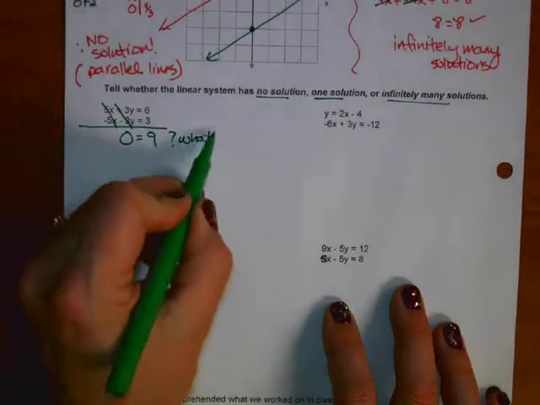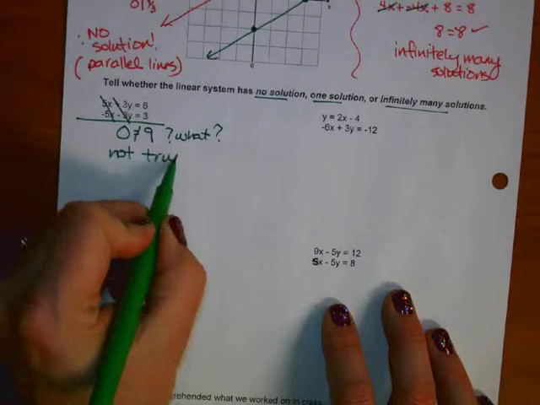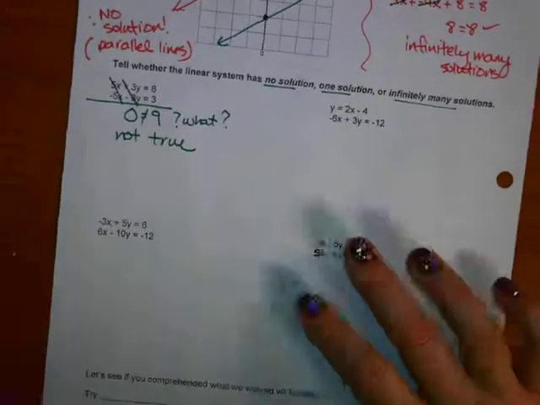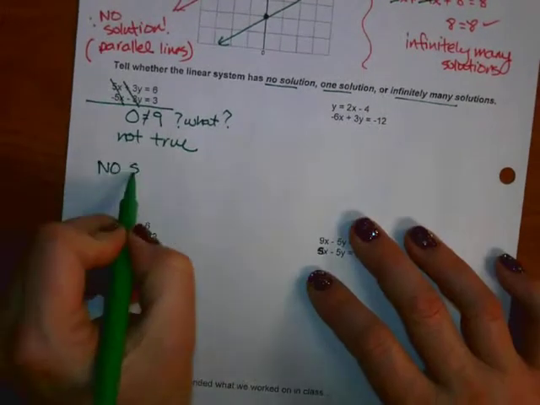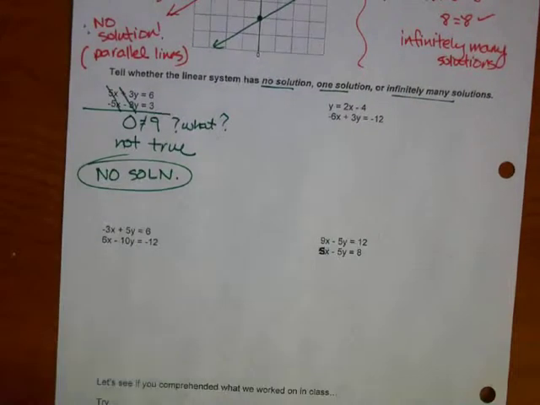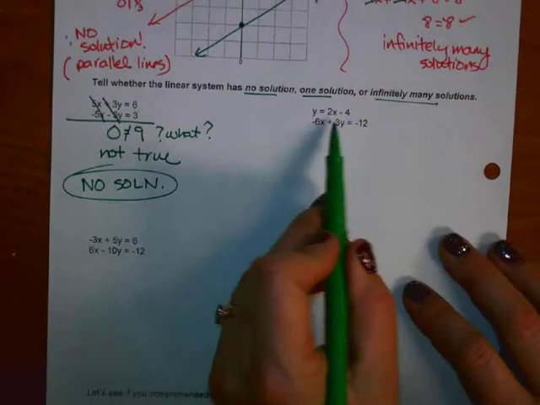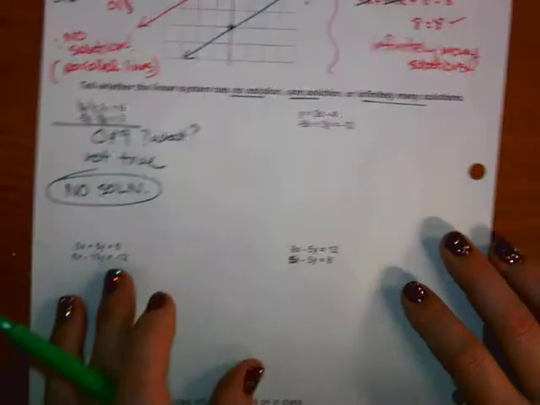No solution. That is not true, which means there's no solution. Those lines are parallel. So really all you have to write is no solution. If you want to abbreviate, that's fine. All right, this one you may want to move it around and eliminate, but I'm going to substitute because